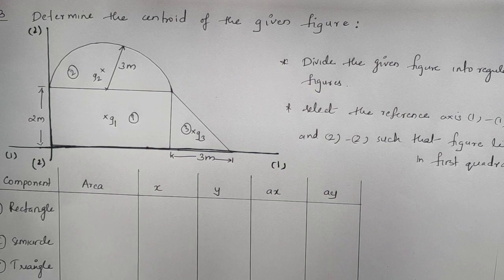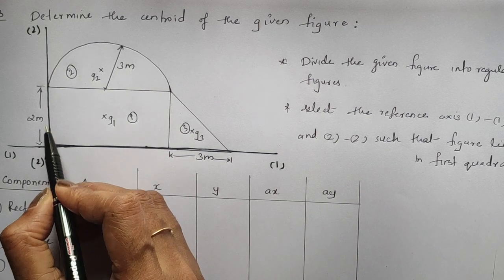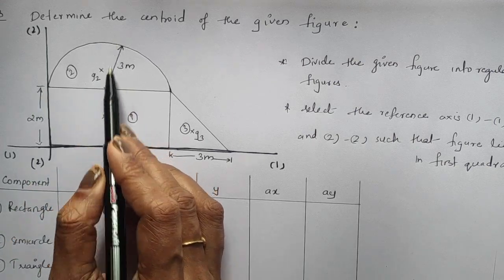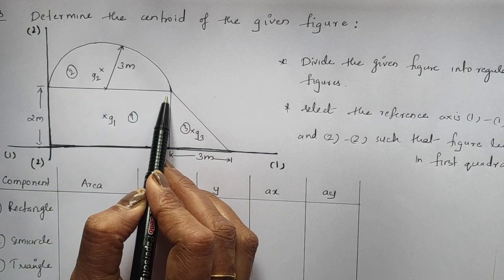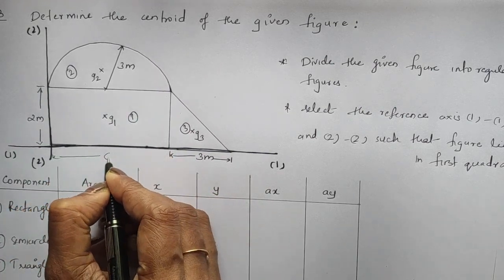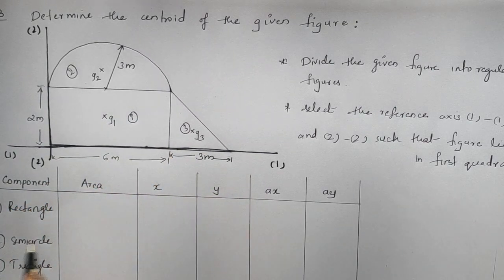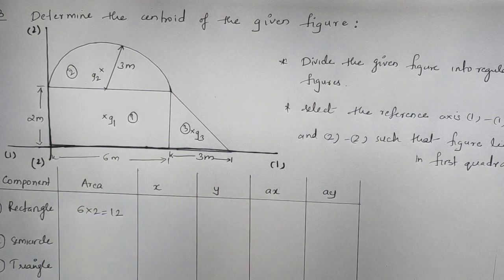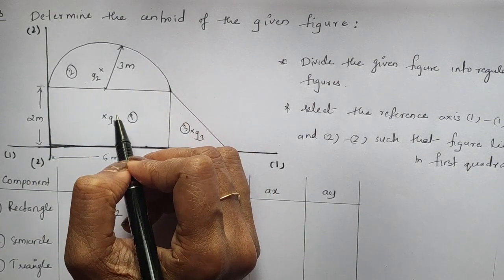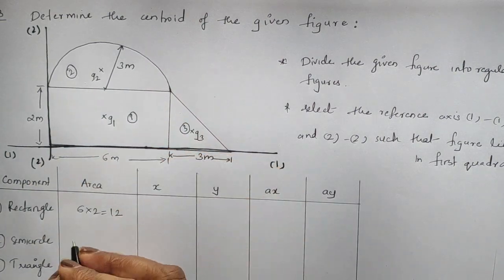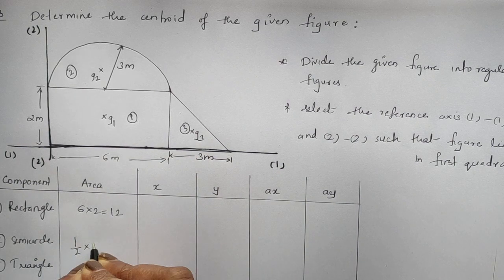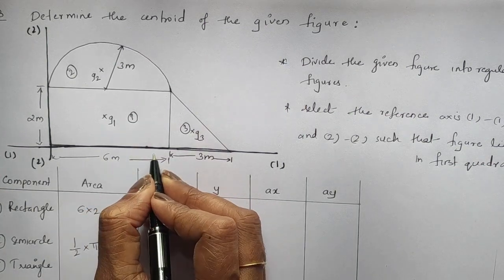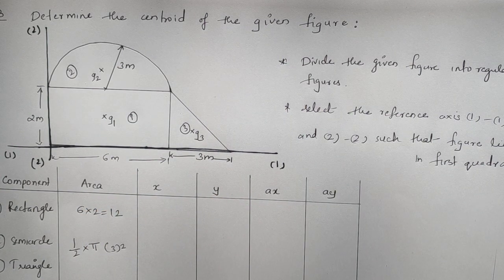So first, what is the area of the given rectangle? The area of this rectangle will be length into breadth. The radius of this semicircle is 3, so total diameter will be 3 into 2, 6. So this distance is 6 meter. So area of rectangle will be 6 into 2, that is 12. Same way the semicircle we can do. The area of a semicircle is half of the area of a circle, so half into pi into r square. R of the semicircle is 3, so 3 square. Don't write 6 square because 6 is the diameter. We need half pi r square.